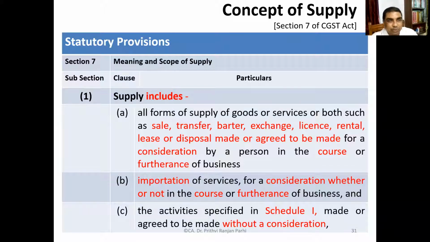First, let us enter into the first relevant section, that is Section 7. Section 7, subsection 1, and various clauses will be seen. First, if you read it, have an idea: can you tell me whether it is an inclusive definition, an exclusive definition, or an exhaustive definition? You see, supply has been defined here. Just look at this section, tell me, is it an exhaustive definition or an inclusive definition? What kind of definition is it?